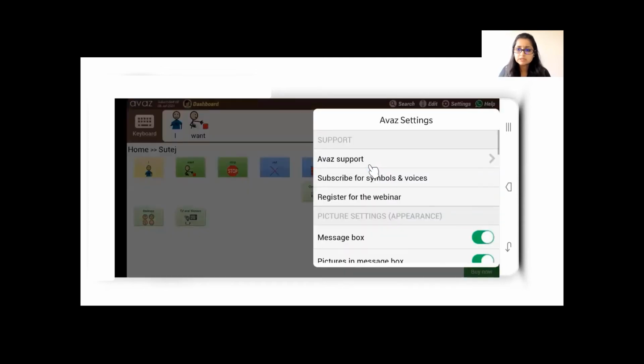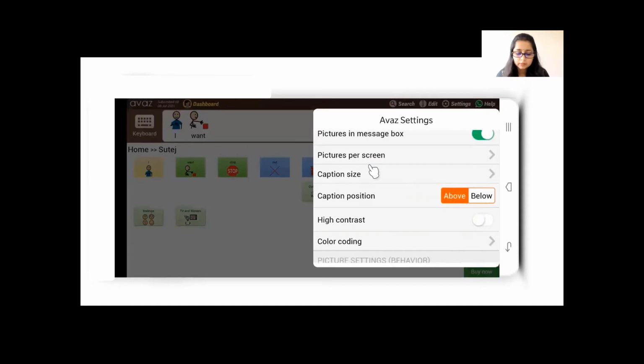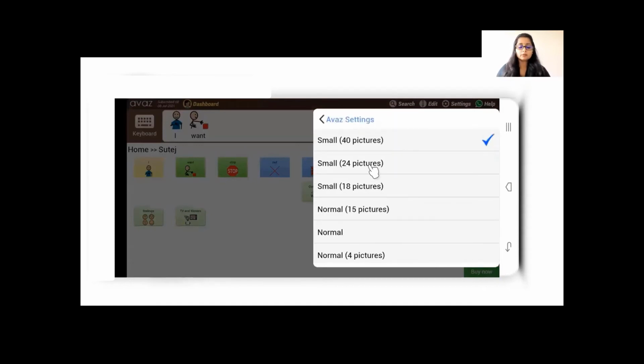So the recommendation is that in the field of AAC, when it comes to good practice, the recommendation is to use as many pictures as possible, which means as many as the child can see and touch on the screen. So always go for a higher number than starting with less. The reason and all that will be explained to you in the next module, but just to show you